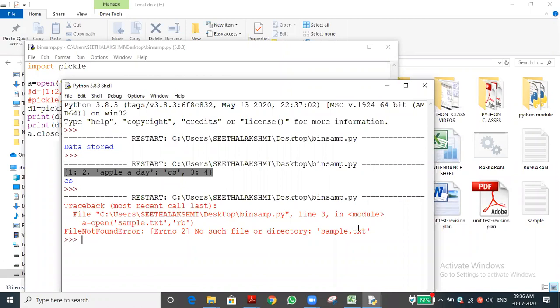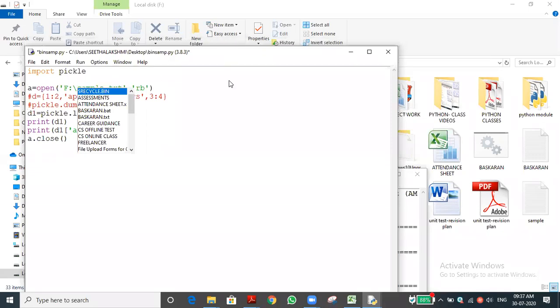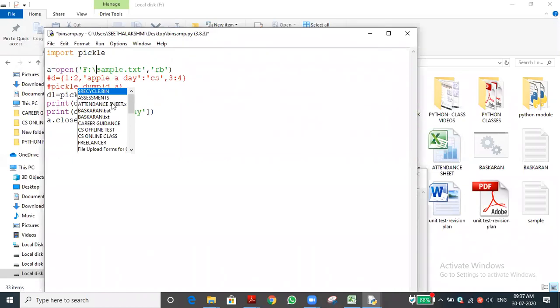Have you understood, Chandru? Yes, sir. So now, how will you access the file? That's my question. For that only I'm explaining, man. How you want to give the path means where it actually is. It is in F:. Is there any folder inside? No, we didn't keep any folder. Directly we are storing the file.